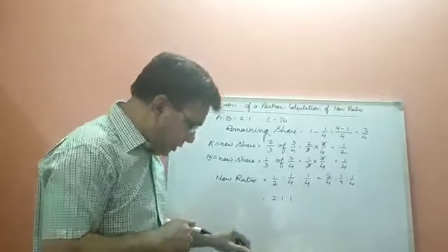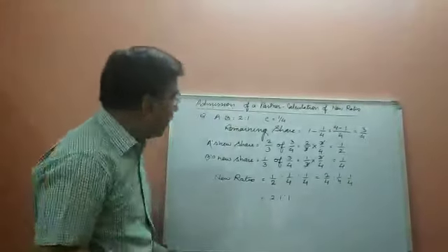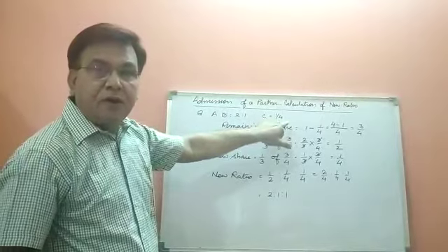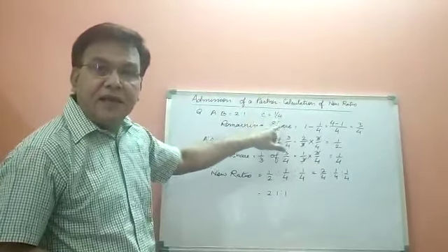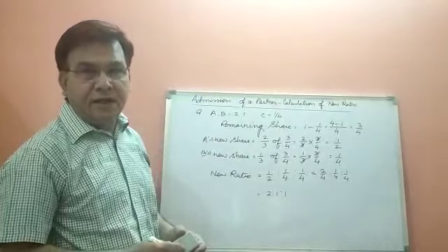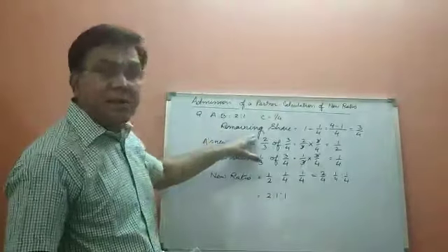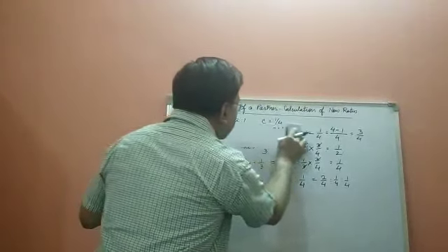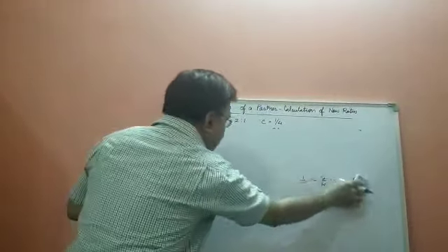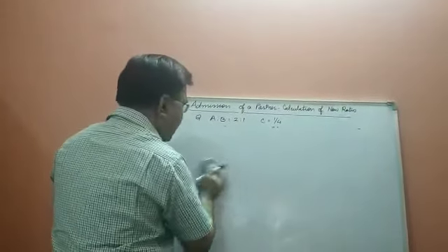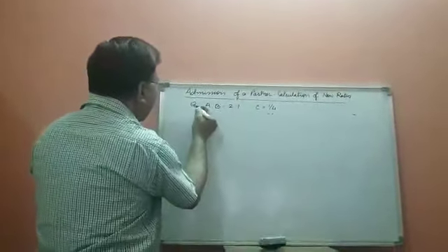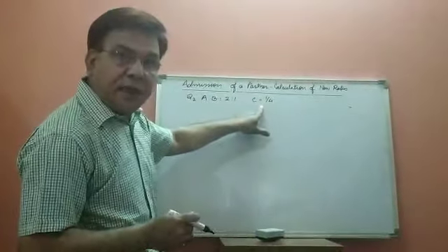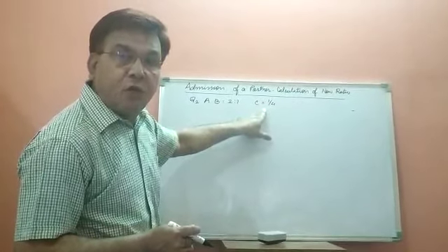Now the same question, if the question says C has come for 1/4, but the question says C has taken it equally from A and B, then we need not calculate remaining share. See how. Now it is question 2. Suppose A and B are 2:1, C is for 1/4, but he takes equally from A and B.